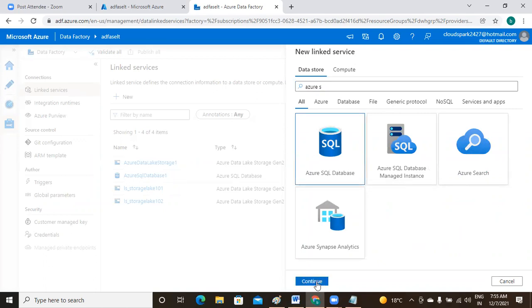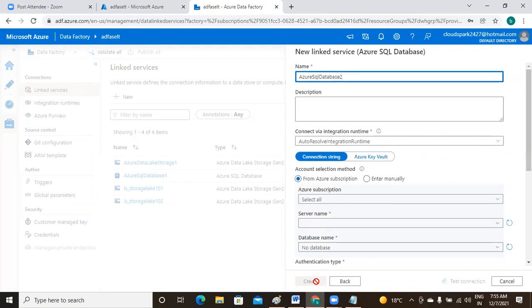Okay, I am selecting that because your data source is that one. Give some meaningful name: LS underscore Azure SQL DB underscore. What is our database name under that? Your DB.